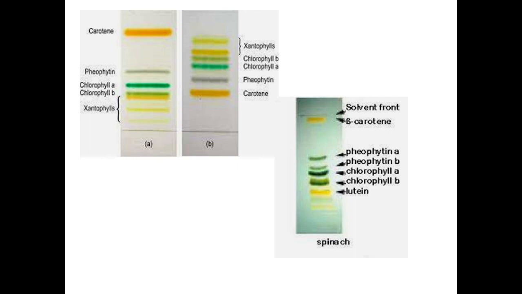As the solvent travels up the plate, the sample components will get separated and they already have colors, like you can see. So the lower one is showing the spinach separation: solvent front, then beta carotene, the yellow one, which has traveled a greater distance. We have chlorophyll B, chlorophyll A, pheophytins, carotenes, xanthophylls. In this plate, they are xanthophylls, chlorophyll A, then B, then xanthophylls. So depending upon the components of colored pigments present in the particular plant leaf, you will get the colored spots.